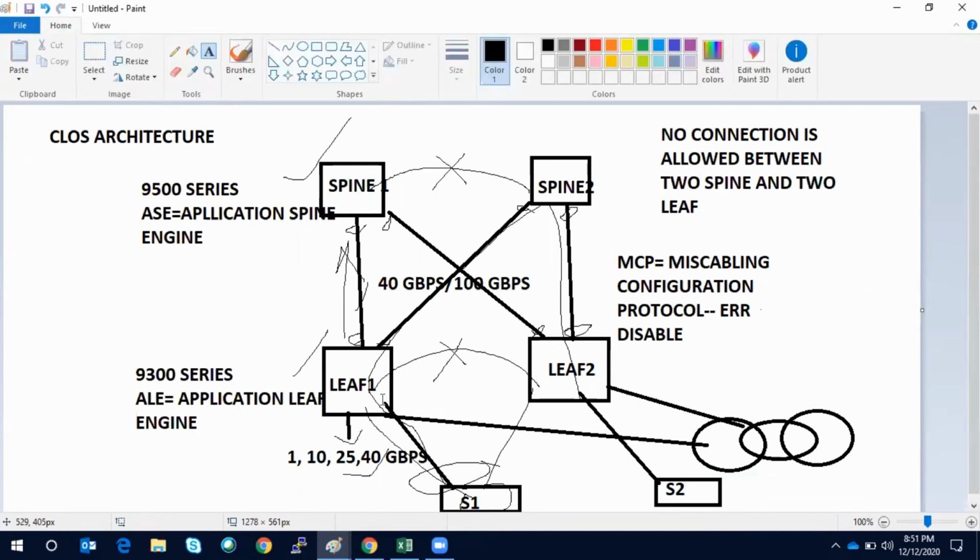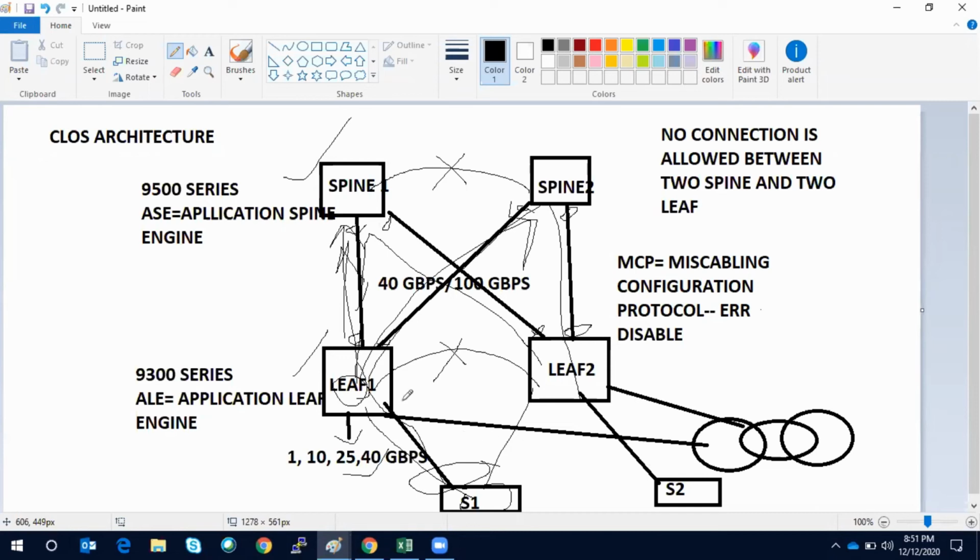Now S1 is connected to leaf 1, S2 is connected to leaf 2. So let's say S1 wants to talk to S2. When the packet arrives on the leaf, whether the leaf selects this path or this path, the destination is always one hop away. Technically it is 2 hops away, but in documentation they say 1, maybe marketing terminology. So let's say the packet will go to spine 1, and the second hop will be the leaf where the destination S2 is connected.